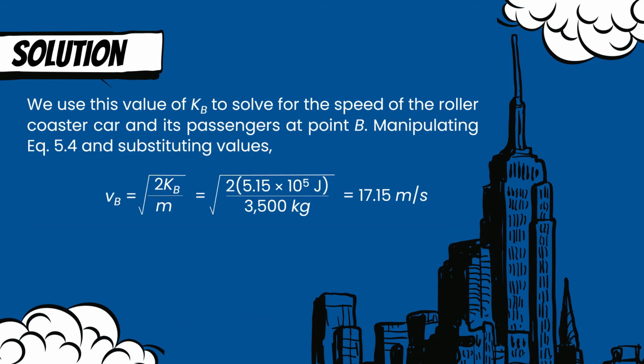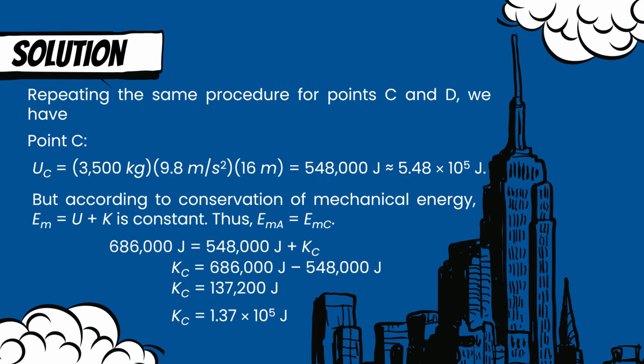We use the value of K sub B to solve for the speed of the roller coaster car and its passenger at point B. Manipulating equation 5.4 and substituting the values, we have V sub B is equal to the square root of 2K sub B over M, which is equal to the square root of 2 times 5.145 times 10 raised to 5 joules, all over 3,500 kilograms, and that yields 17.15 meters per second. Repeating the same procedure for point C and D, we have at point C, U sub C is equal